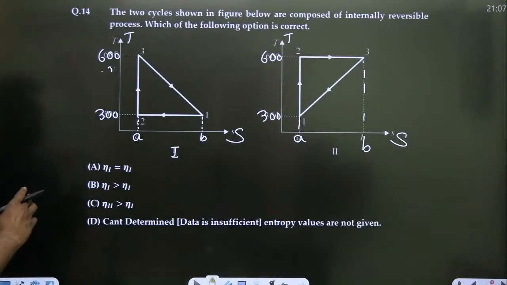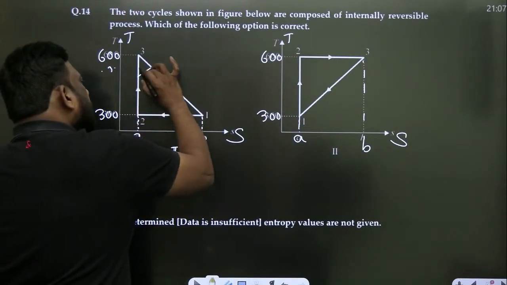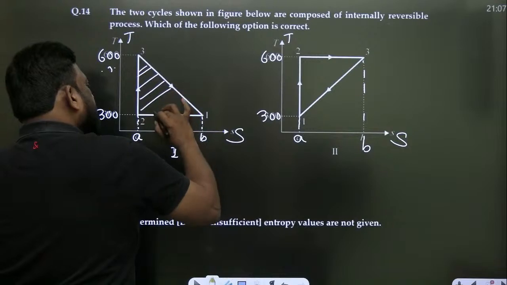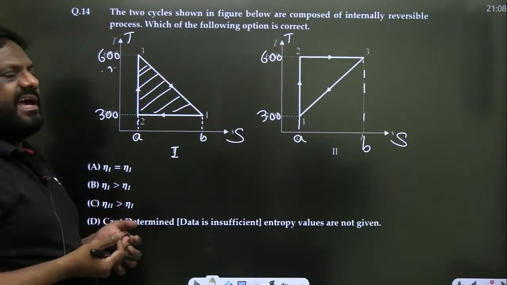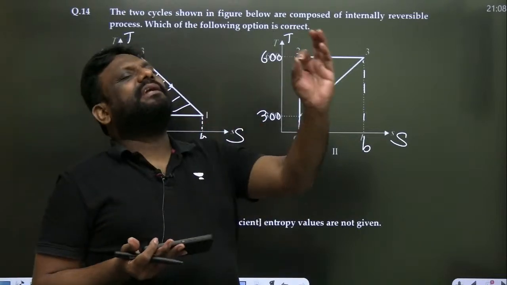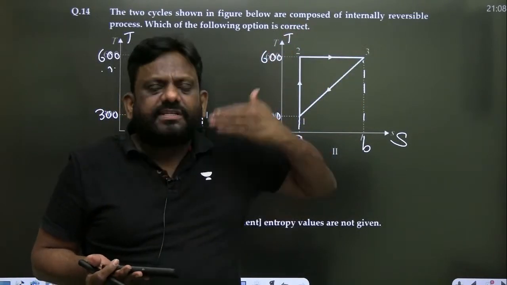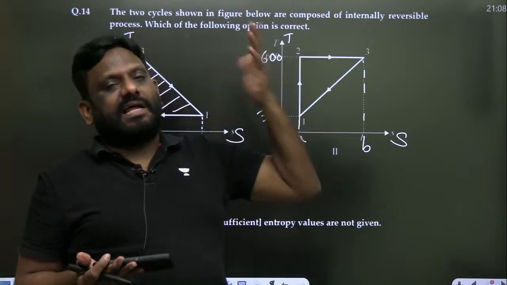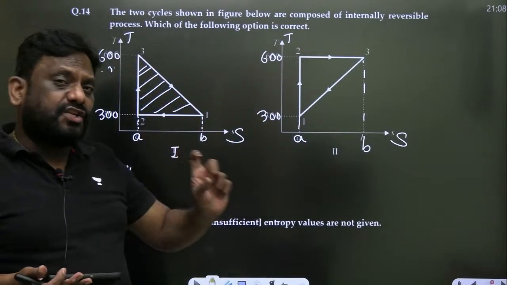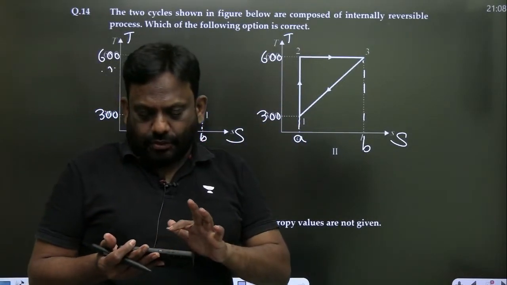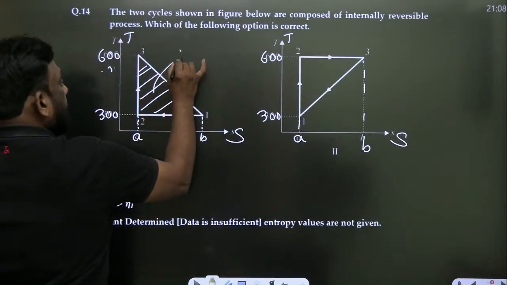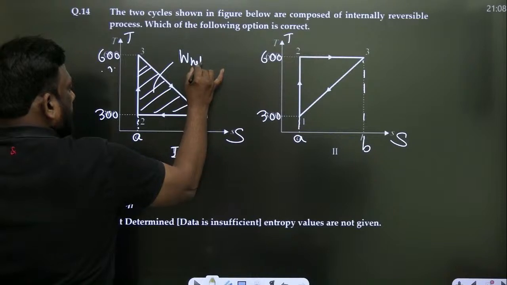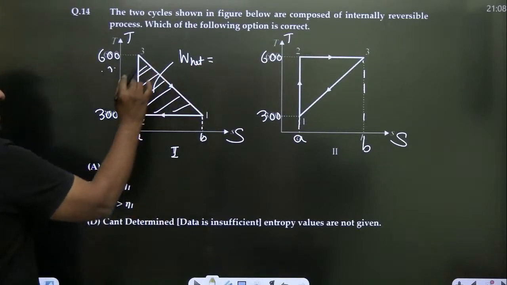इधर देखो. Can you tell me what is this closed area representing? On TS diagram, the closed area is net heat transfer. But from first law of thermodynamics, net heat is also equal to net work. So therefore, this will give me net work. बहुत बढ़िया. तो closed area net work देगा.